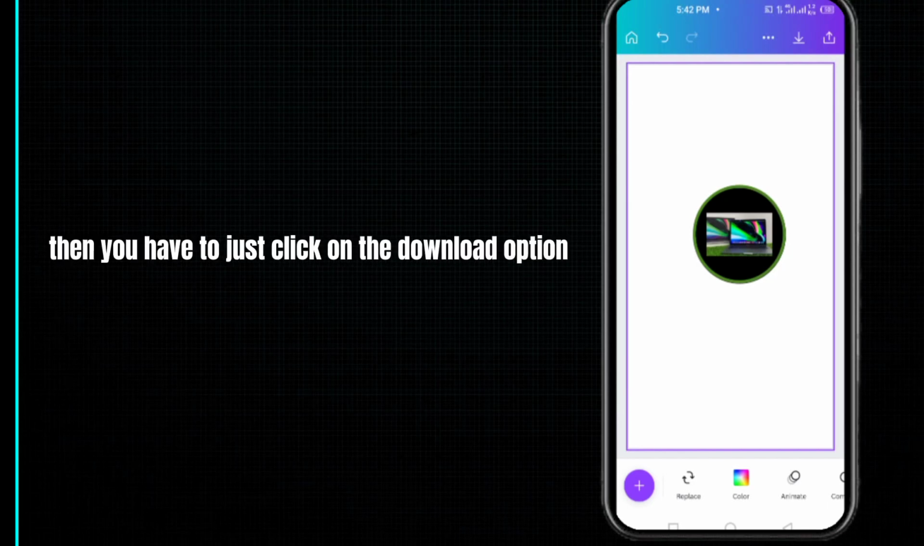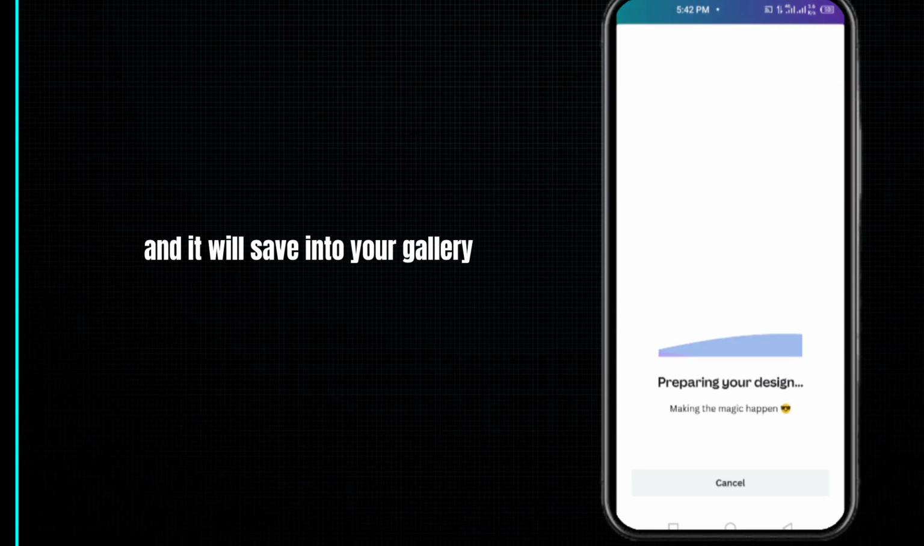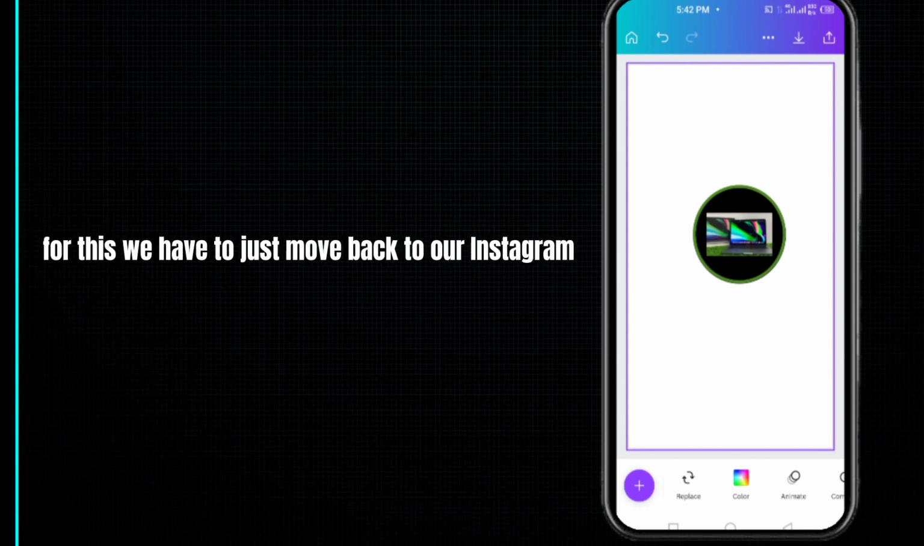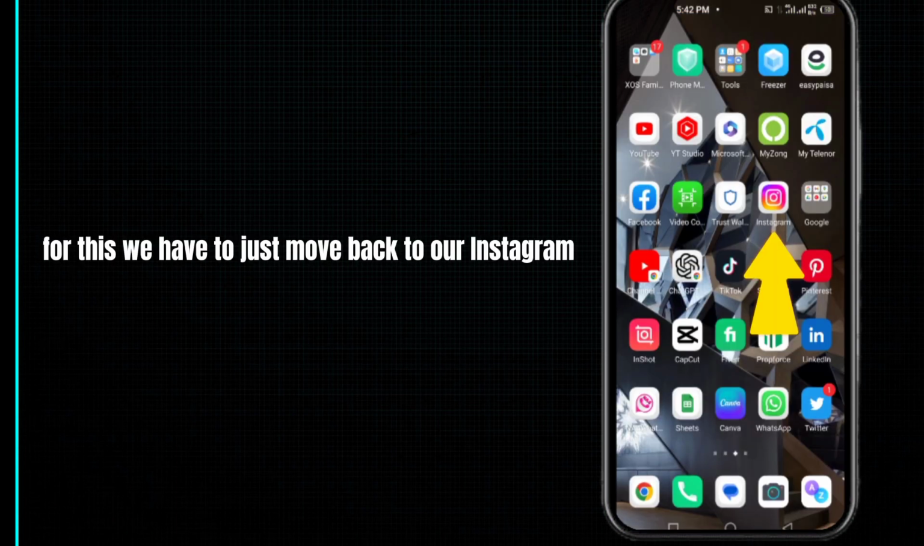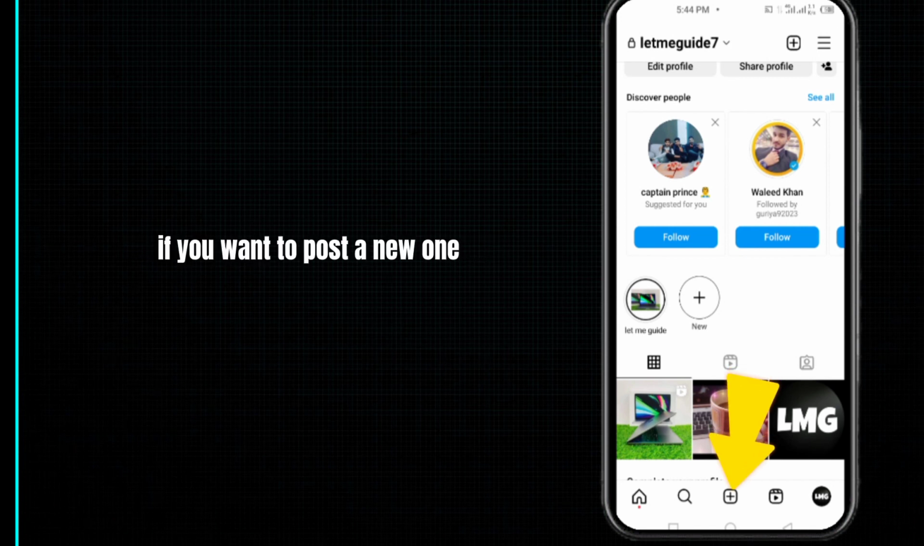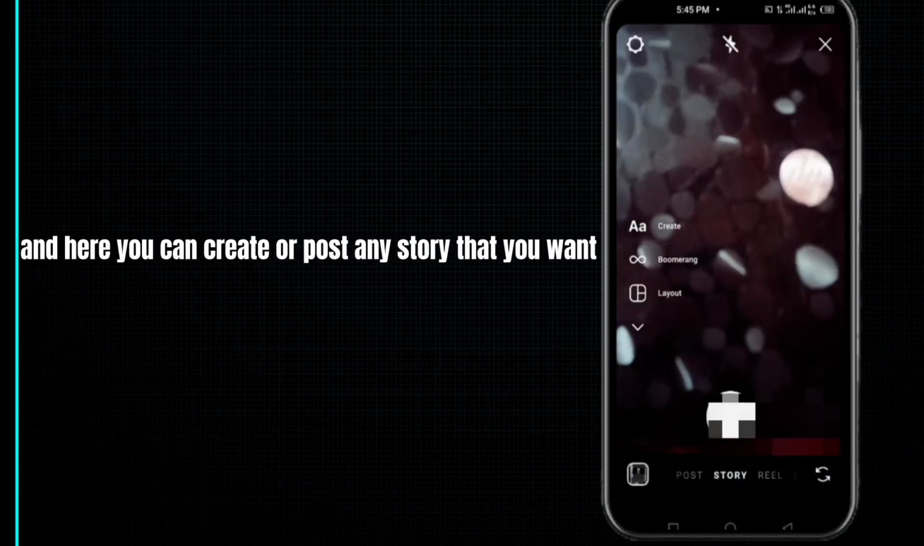Then you have to click on the download option at the top of this page, and it will save into your gallery. So our next step is to add this cover to our story highlight. For this we have to move back to our Instagram. So you have to select the story on which you want to add this cover. If you want to post a new one, then you have to click on the plus icon at the bottom middle of this page, and you can click on story, and here you can create or post any